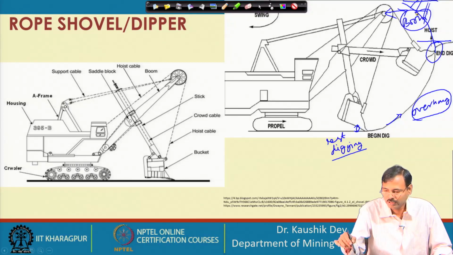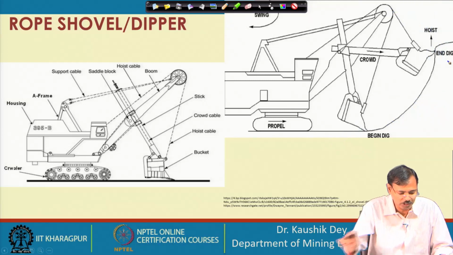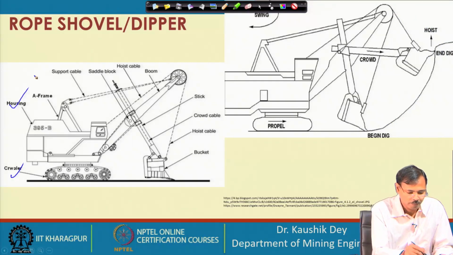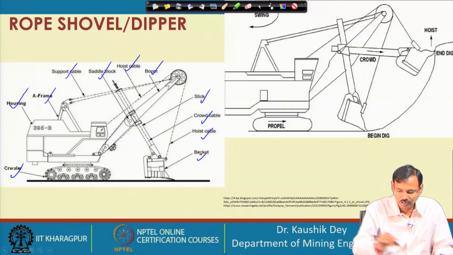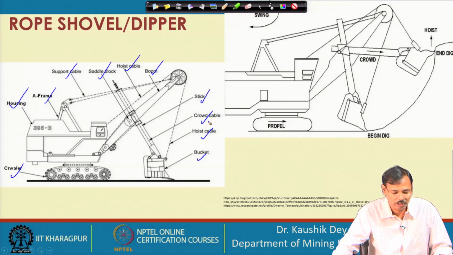So, the boom height is set in such a way that there should not be any overhang, and based on that the excavation height is controlled. So, this is the general terminology. You can see this is crawler, housing, frame, support cable, saddle block, hoist cable, boom, stick, crowding cable, hoist cable, bucket. These are the different components of the rope shovel,